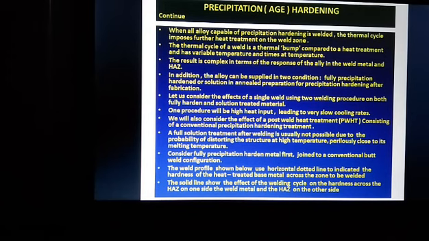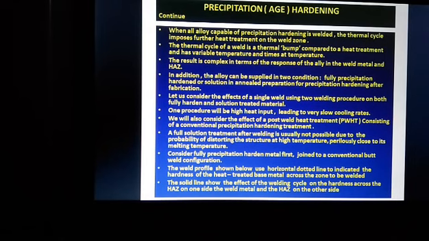One procedure will be high heat input, leading to a very slow cooling rate. We will also consider the effect of the post-weld heat treatment, PWHT, consisting of the conventional precipitation hardening treatment. A full solution treatment after welding is usually not possible due to the probability of distortion in the structure at high temperature,